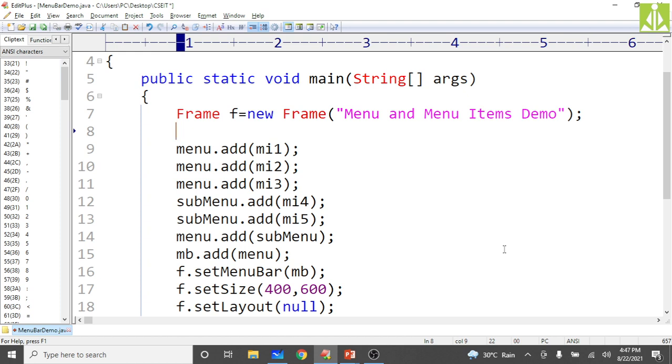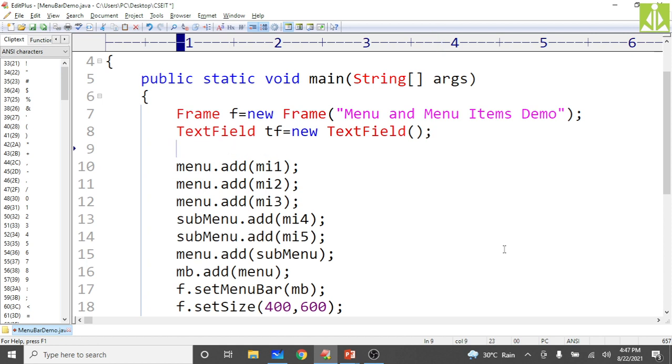So first you create the text field. Text field class object. So there is a text field t1, or tf, and we are creating only one, so no need to number it. TextField tf = new TextField(). Don't print anything initially, because when I click the button, then it will print something on that text field.